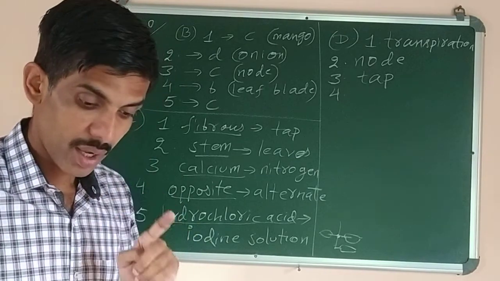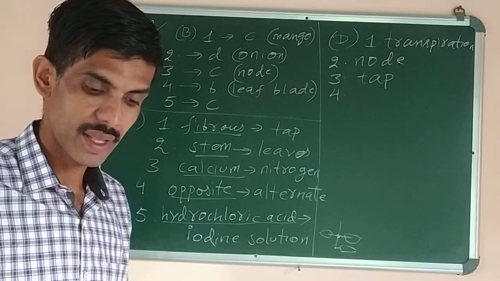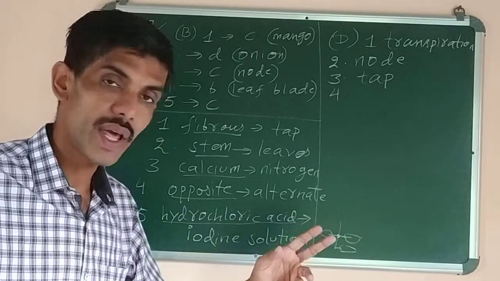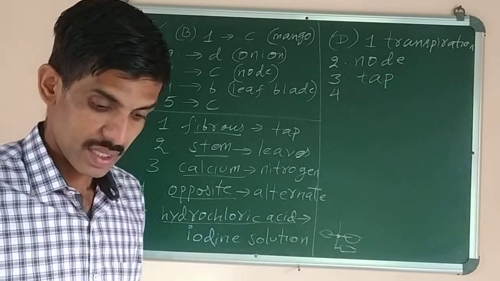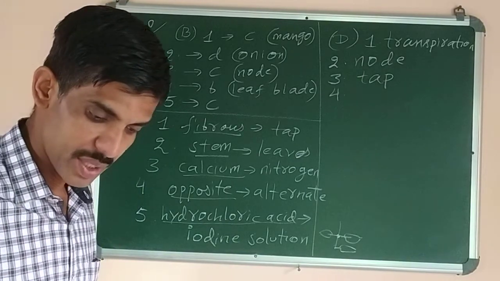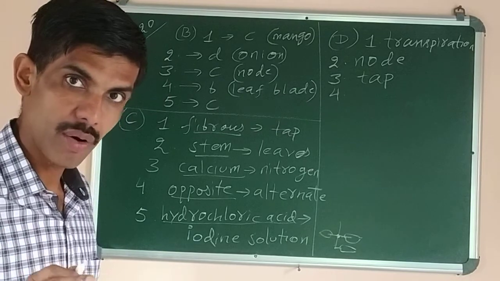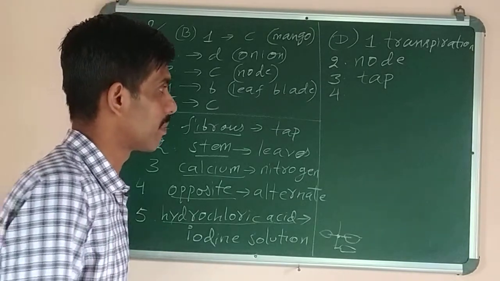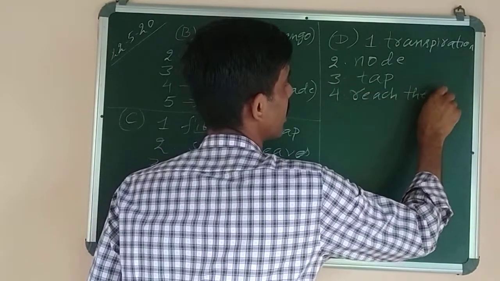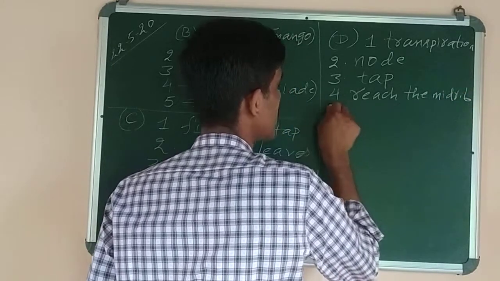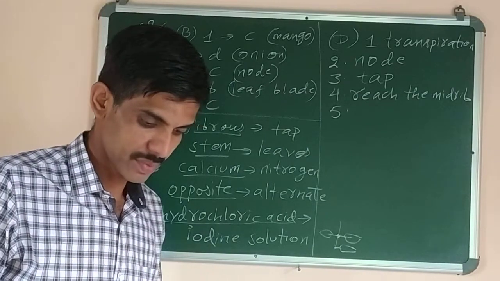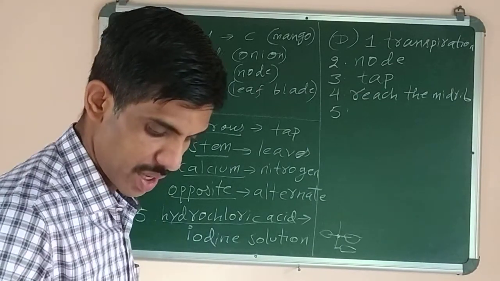Okay, then the next question number 4. In a compound leaf, the lamina is divided, and the divisions, I have told you earlier also, this is the lamina. The lamina divisions or the cuttings do not reach, or reach, the midrib? In compound leaf, they reach the midrib. The divisions will reach the midrib. Means the cuttings of the leaf will reach up to the midrib.